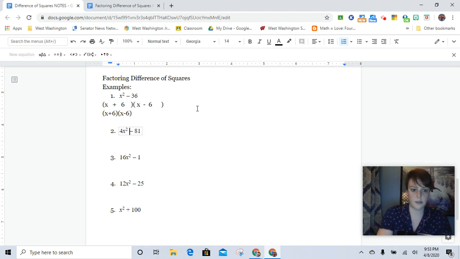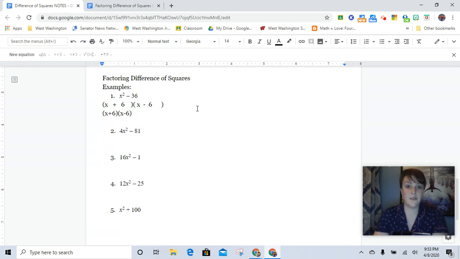Okay, let's do a couple more. This has a coefficient up front. Oh no! Not a big deal. Okay, so again, 4 is a perfect square. And so I can take 2x, plus, and the square root of 81 is 9, and then 2x,